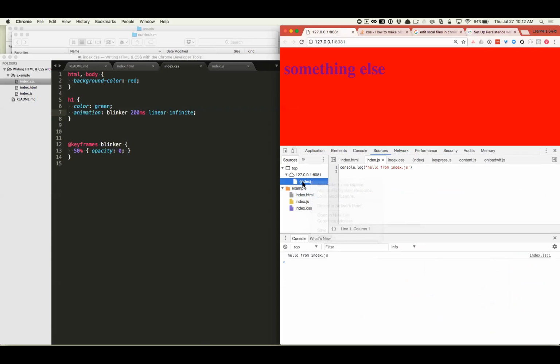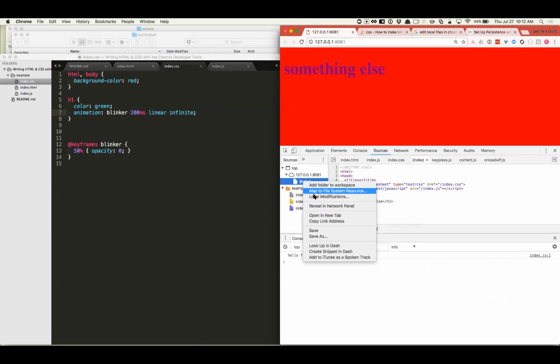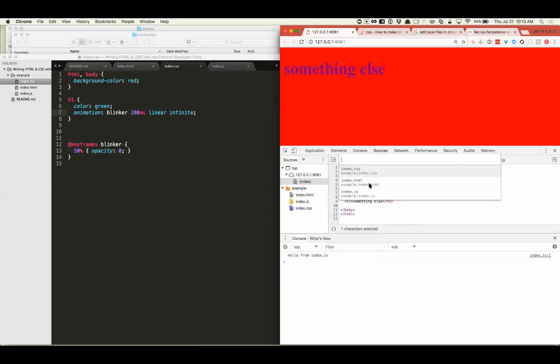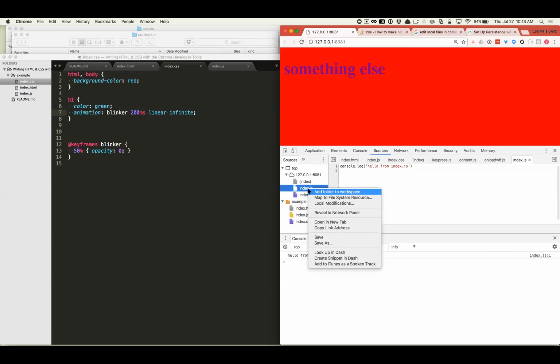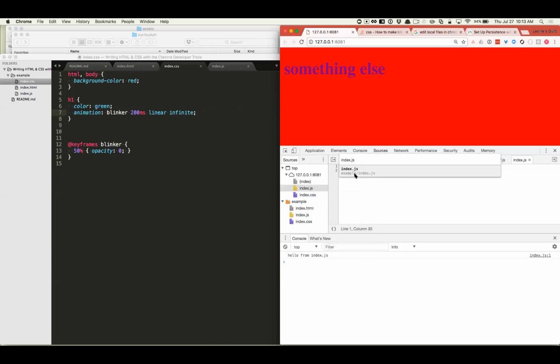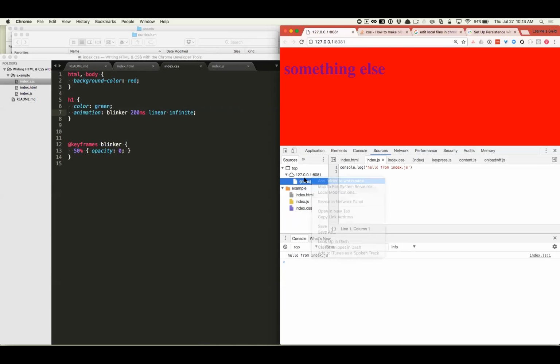This is the JS thing here. No, this is the HTML. I'm gonna map this to here. Well, why did these get unmapped? Crazy. Okay. So if we come in here now